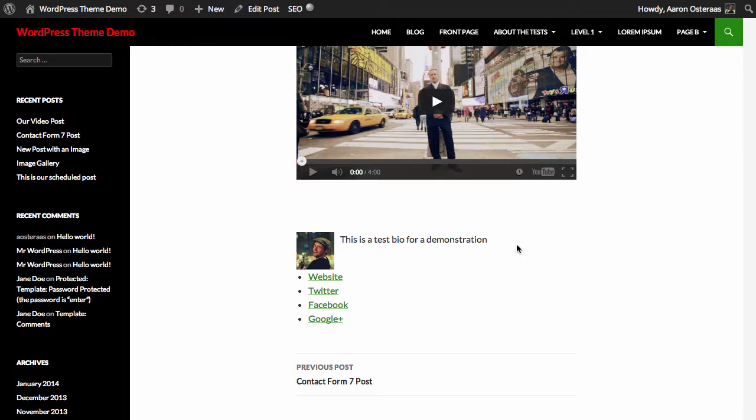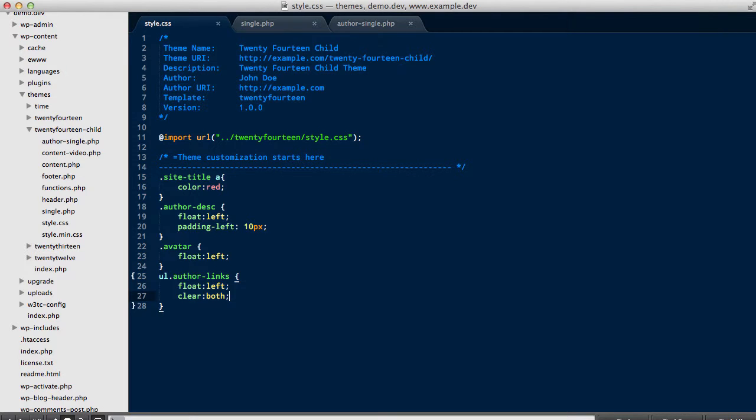And that makes it appear underneath that general area there. But we still have the problem, or I personally see that as a problem, that all of the links are indeed in a list, and given the nature of this area, it's a bit too long. I feel it should be horizontal. So we're going to jump back into our text editor now and go .author-links li for the list items,